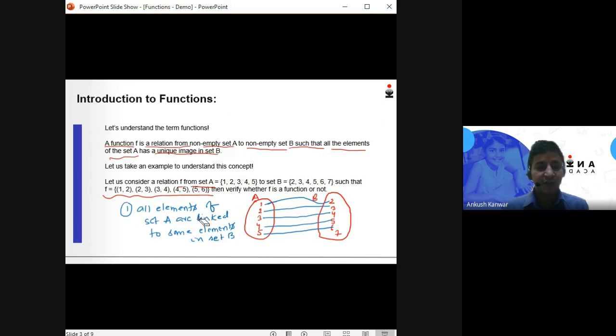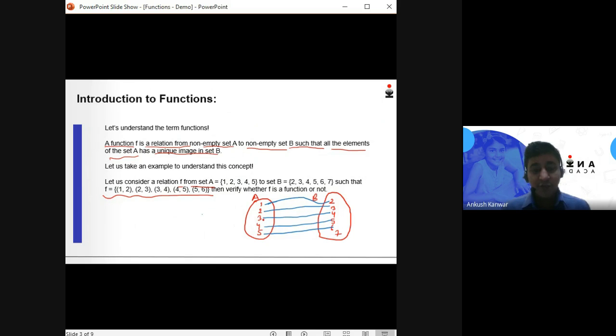Once you have checked that, the second thing you need to make sure of is that all the elements of set A should have a unique image in set B. Now, what is the image of 1 in set B? It is 2. It is unique. Similarly, the image of 2 in set B is 3. It is unique.